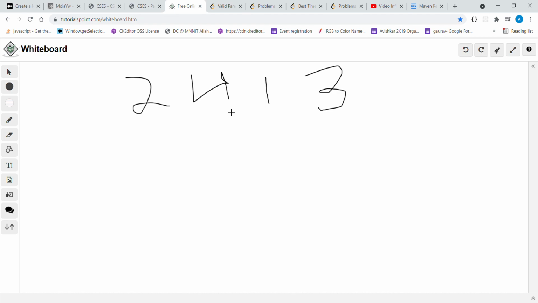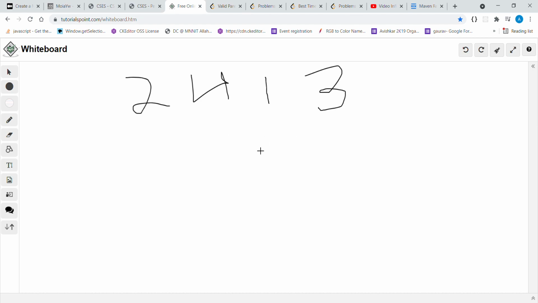So as you can see, the minimum difference here is 3, between 4, the last element of the even list, and 1, the first element of the odd list. The difference is equal to 3.